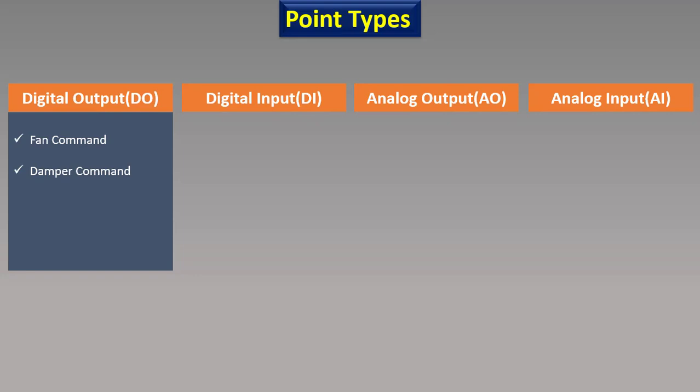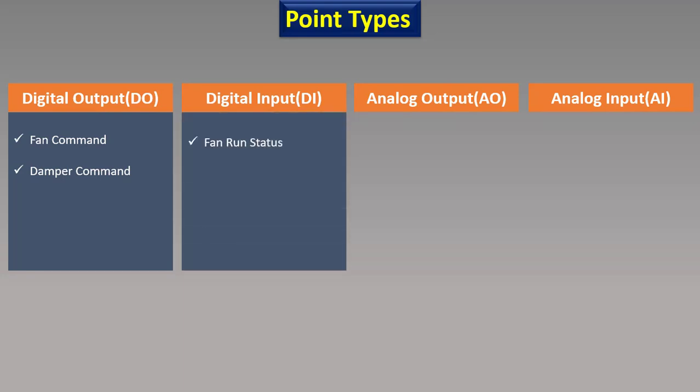So this digital output signal is like a switch which you use to turn on and off a light in your home. Then we have a digital input to monitor the signals. For example, fan run status from the contactor in the MCC panel is a digital input signal. A signal from the DPS installed on the fan is also a digital input signal. And also our heater run status from the heater contactor is also a digital input signal.